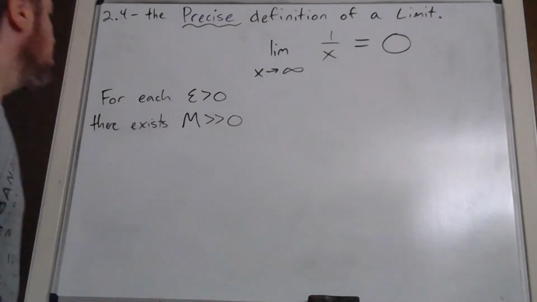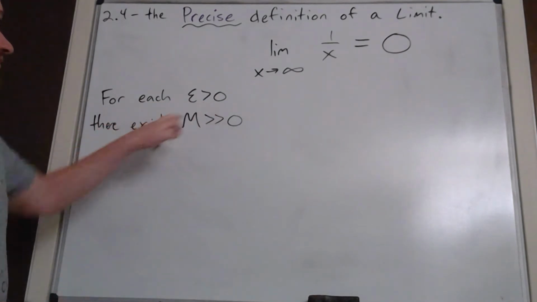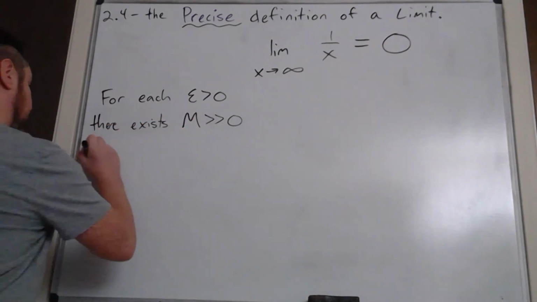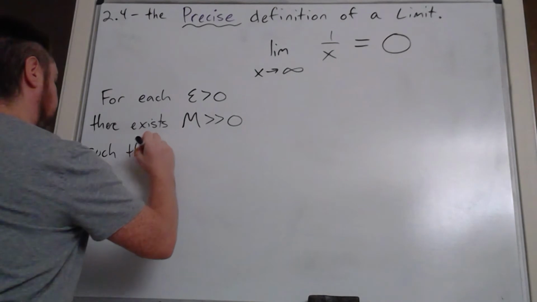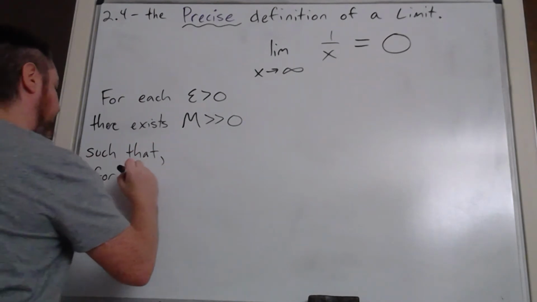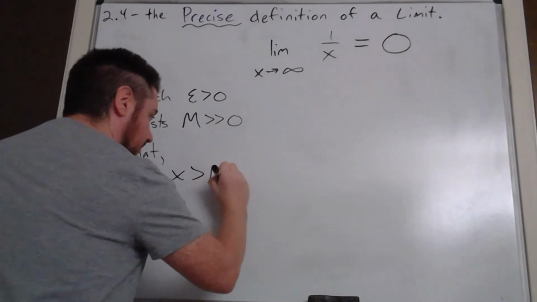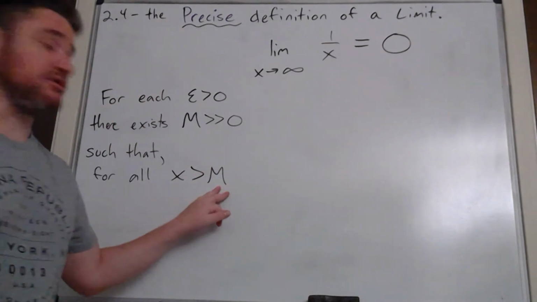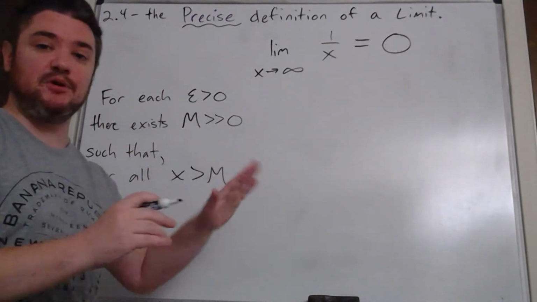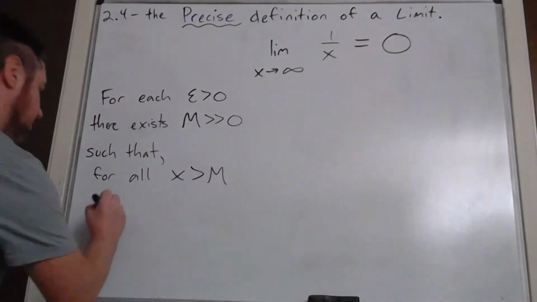Really, really big. So for each epsilon, a small number, there exists some big number M such that for all x greater than that big number, right? I kind of call it the point of no return. Once we pass that really massive number, once we go past there,